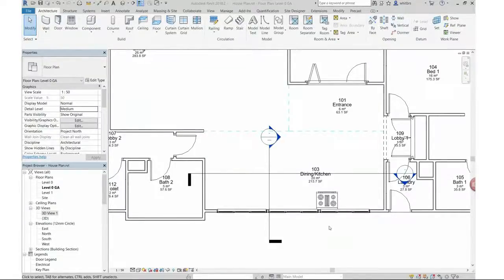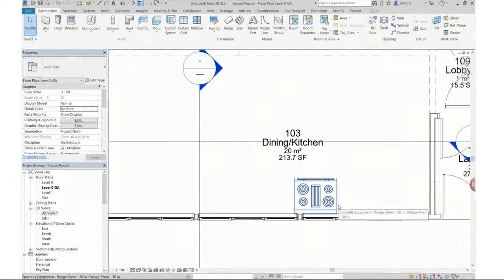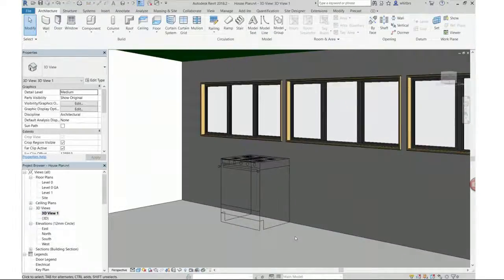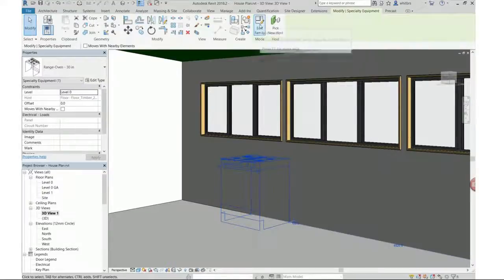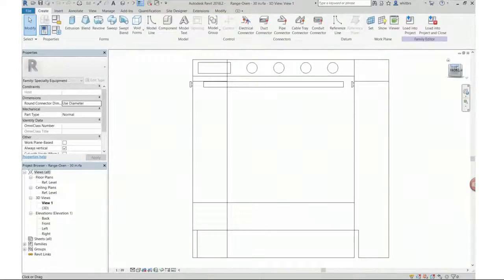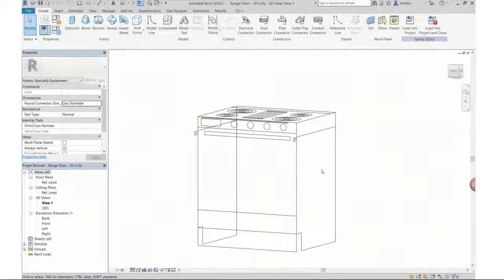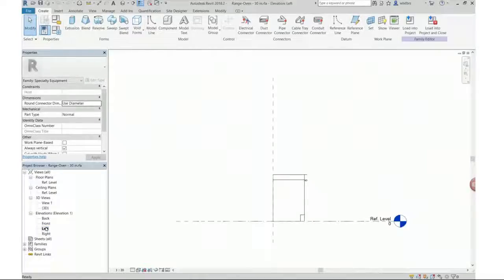So with the wireframe model, we can take this a step further. We can go back and edit this family. You'll see here that what I've done is I've created a 3D view, and we're now looking at the wireframe version. If you do want to do some visualization, that's not really going to present very well. So I've gone back and edited the family, and then really quickly on this one, gone ahead and created